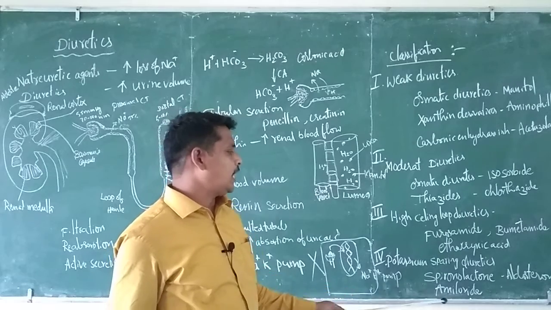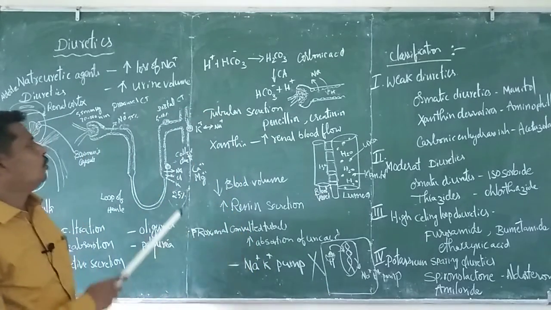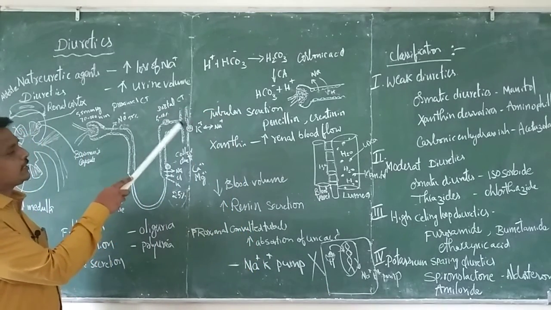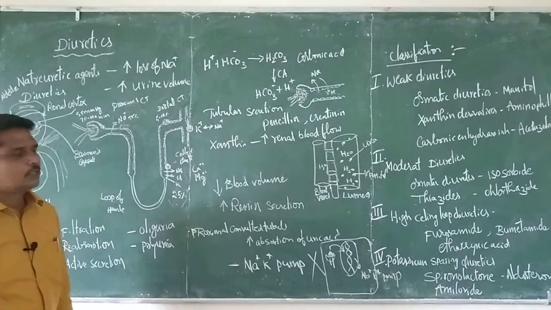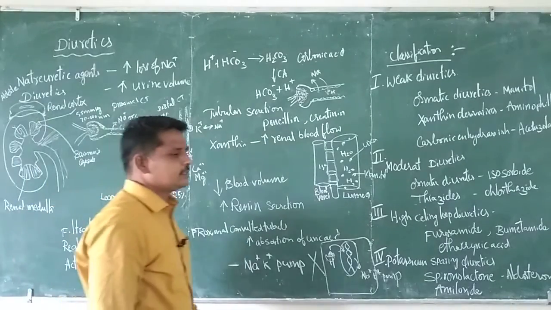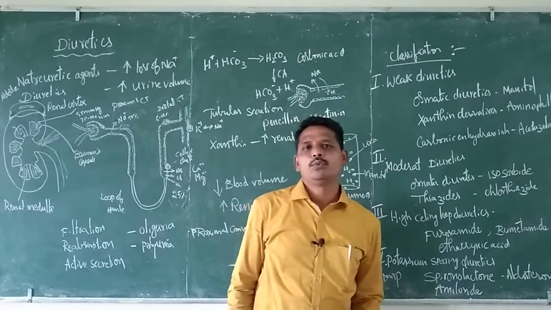Next, amiloride. This also works on the distal convoluted tubules and collecting ducts. This is how we can increase the urine volume,